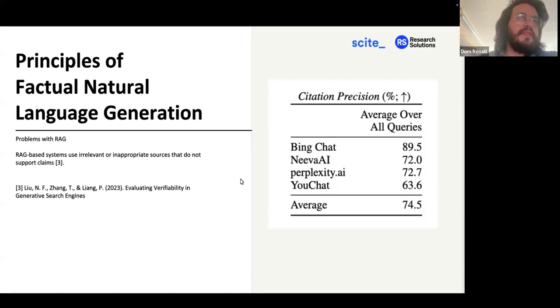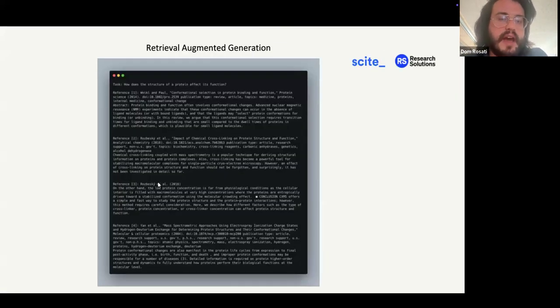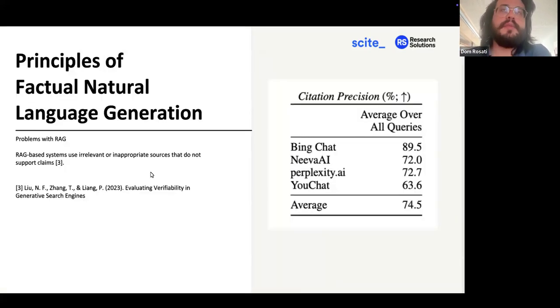Basically, you can reference this slide here, where we have these resources in context, and the model learns how to answer this question simply using what's in the prompt. And the problem is the model is extremely biased towards using that information